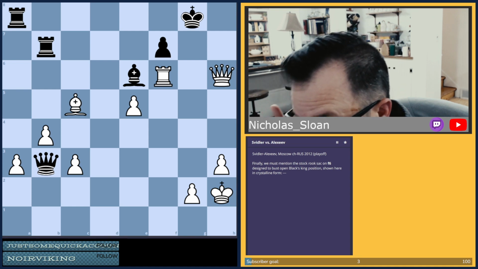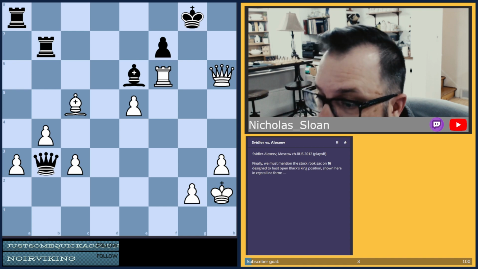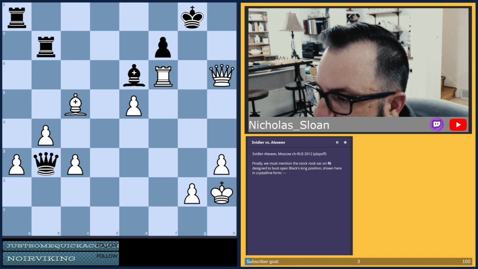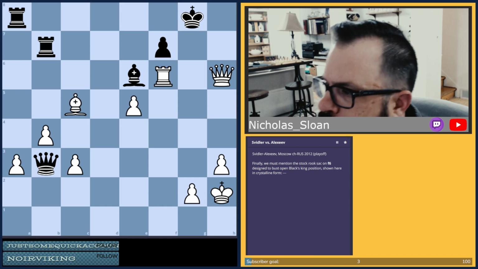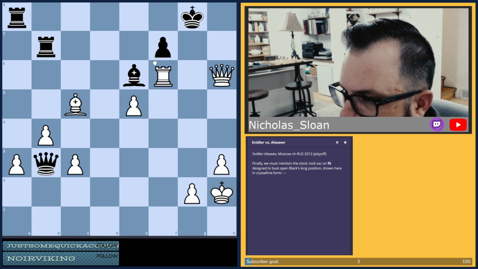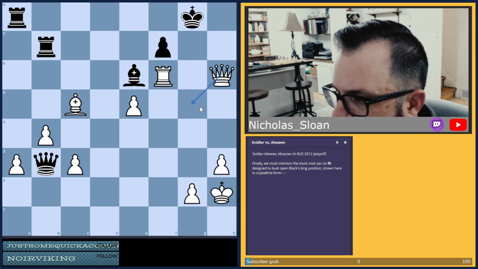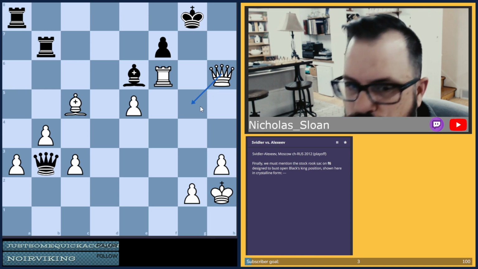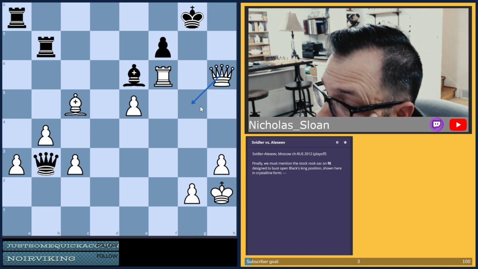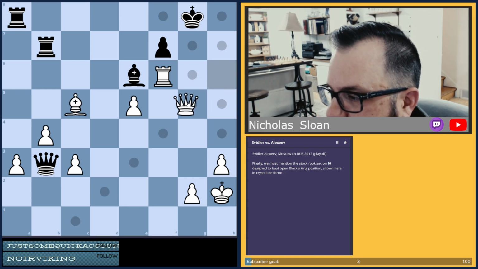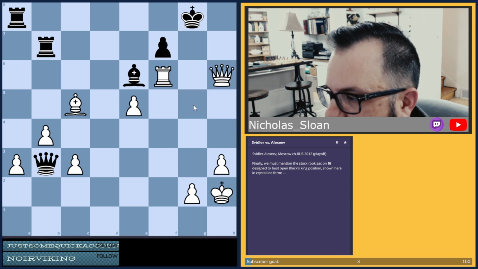I'm really kind of confused here. What am I missing? I guess maybe this and then this, but I feel like this is the most forcing move. Why is that not the most forcing? What's wrong with that?